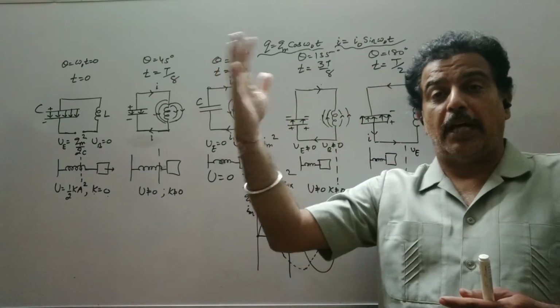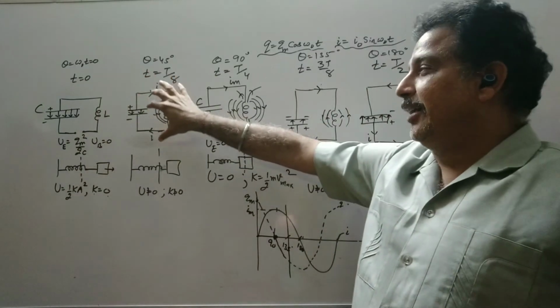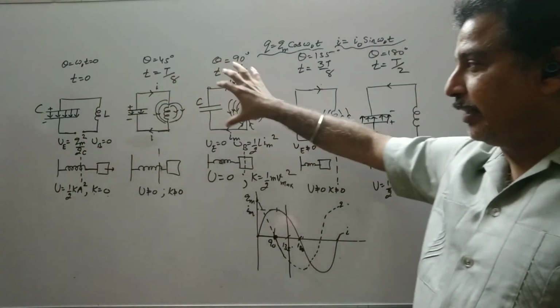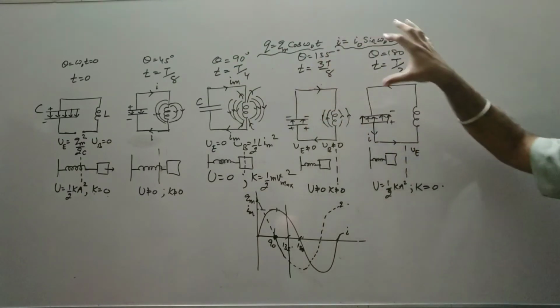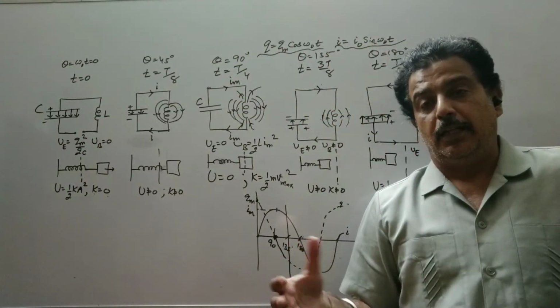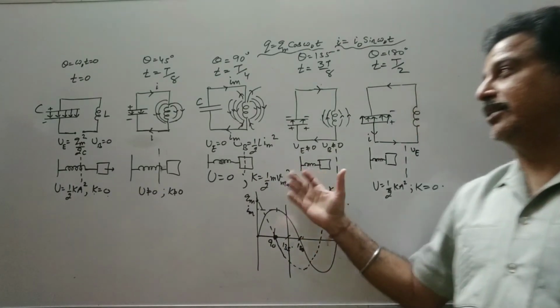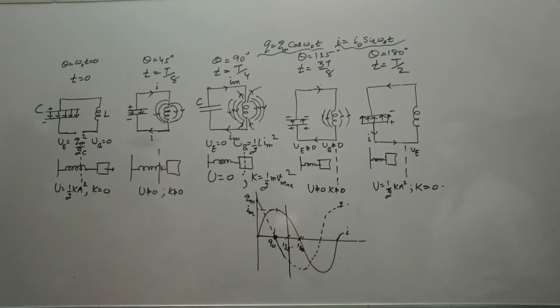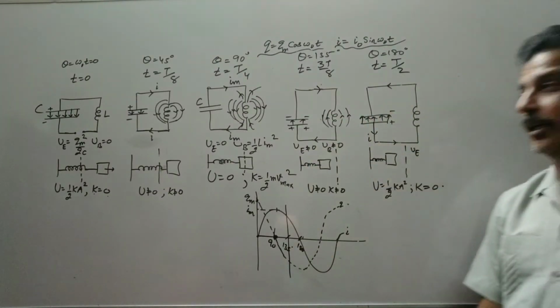That is a fully charged capacitor. So this is a fully charged capacitor. Intermediate position, capacitor is discharged. Intermediate position, the capacitor is again fully charged, but its polarity is changed. We have discussed the charging and the discharging of the capacitor in one lecture of JEE. So that is how this charging and discharging take place.